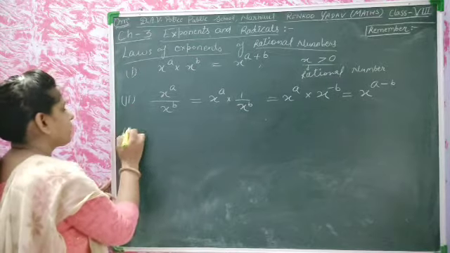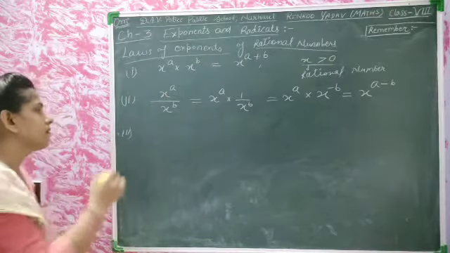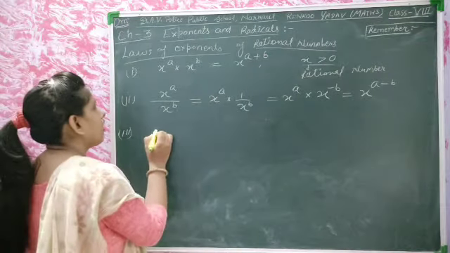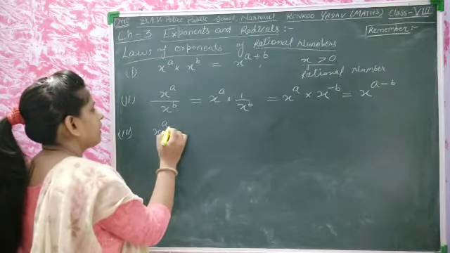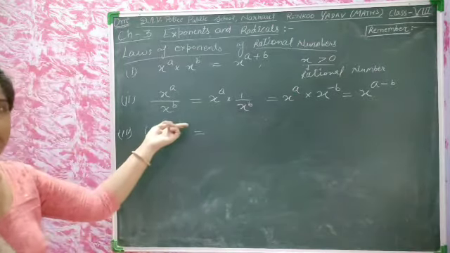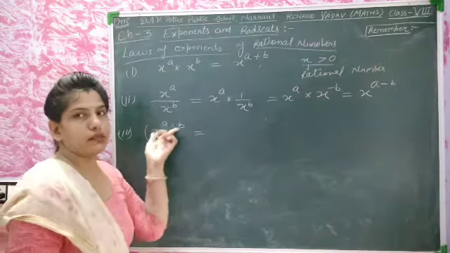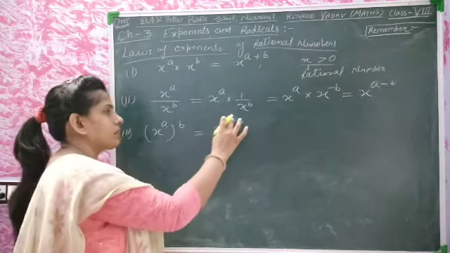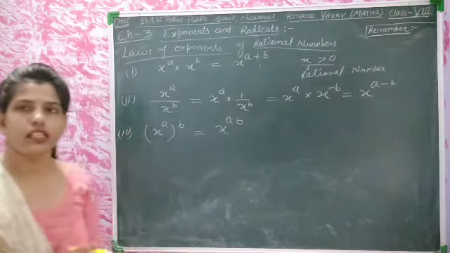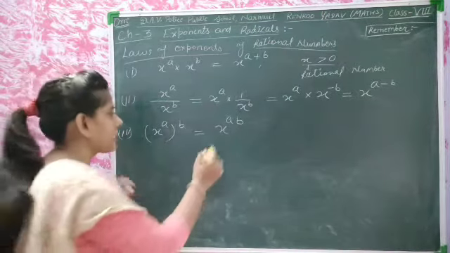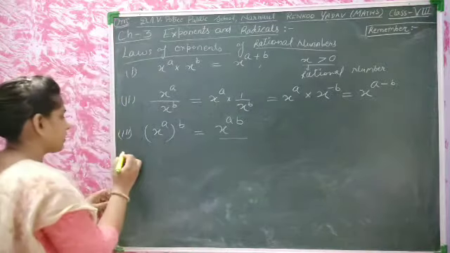And now we will take the third part. In the third part, we are discussing x to the power a, to the power b, which must equal power to the power. Then the powers are multiplied here: x to the power a into b. There must be no sign, which means it is multiplying. x to the power a into b, and x is always greater than 0.